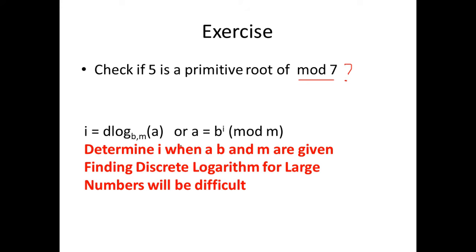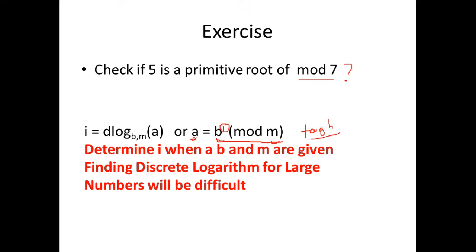So here is the takeaway from this discrete logarithm concept. It's very easy when you know all the values this side, it's very easy to compute this. But when I ask you to compute the discrete logarithm given a, b and m, it's really tough. It's tough in the sense you have already seen that with the examples, right? When we know a, b and m, but we need to find I for large numbers, say when a, b and m are 2000 bit numbers and it's very large and you want to find I, you cannot go with brute force and things like that. It's going to take a lot of time. So that is the key takeaway from this session on discrete logarithms.